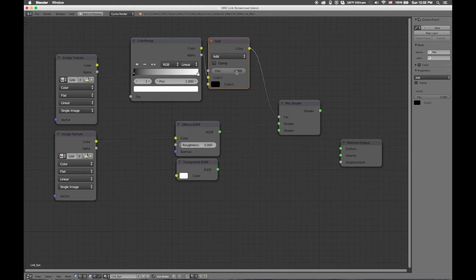Well, this obviously says, hey, I'm going to take the darks and make them black, I'm going to take the lights and make them white, and everything between here is gray. Since we have a black and white image, we have no grays, there's only black and white. Obviously what it's doing is it's saying white is opaque and black is transparent. So what we want to do is just flip it. Take our black slider, put it all the way in the back, take our white slider, put it all the way in the front,